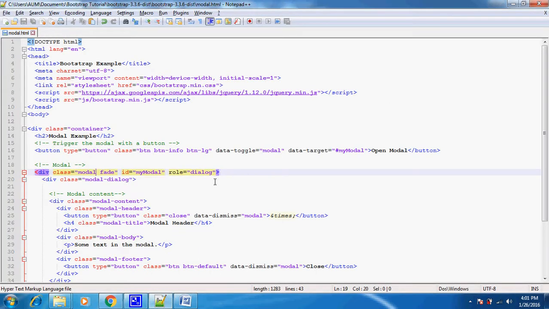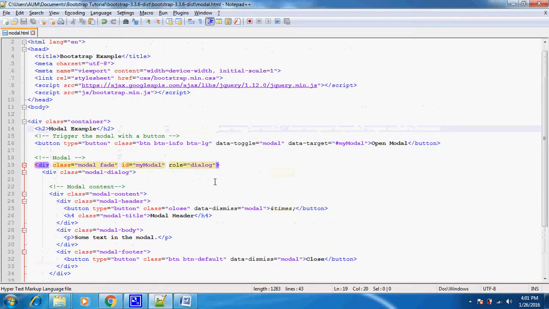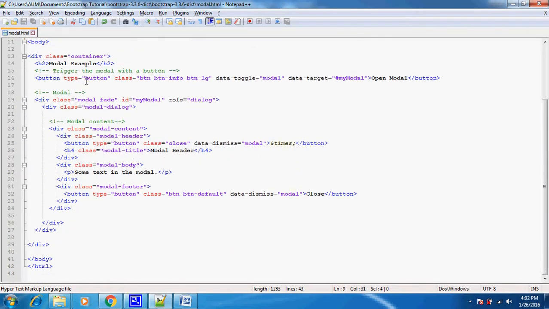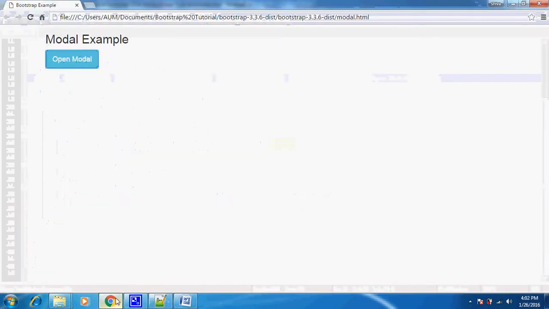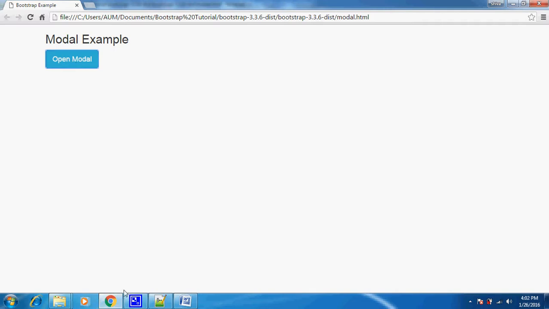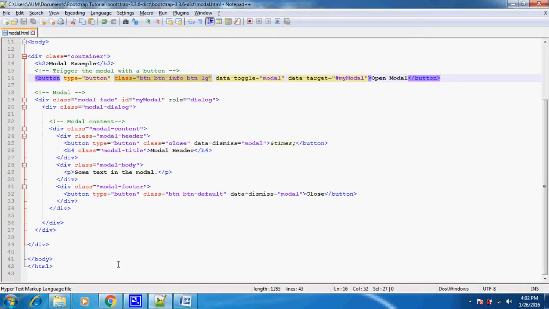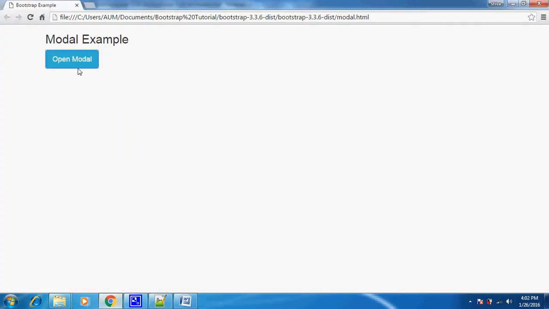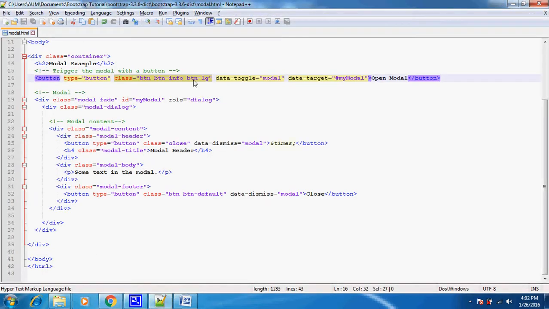This is the HTML file that we have used for the modal. As usual, we have included the bootstrap min CSS and the bootstrap min JS. Now for this, the classes that we have to use: see, this is the button on which we have to invoke the opening of a modal. We defined classes for the button itself, meaning it should be a Bootstrap button: btn-info for color, that is blue, and btn-lg, that is a large